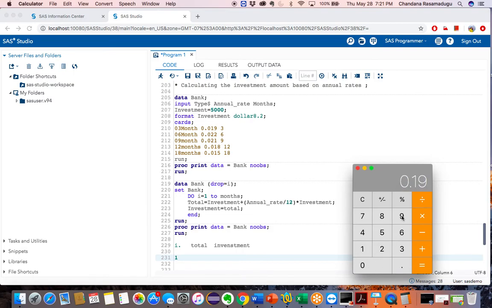Okay, sorry, 0.019 is my annual rate divided by 12, equal to, and now I want to multiply this with investment. What is my investment here?